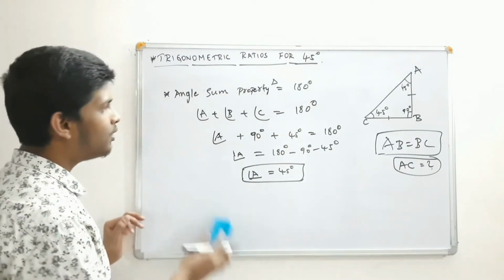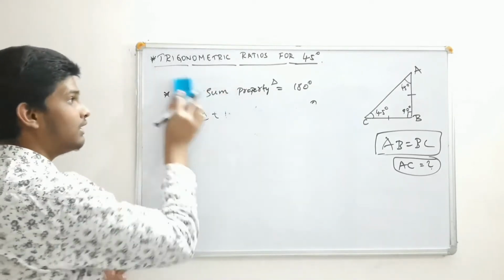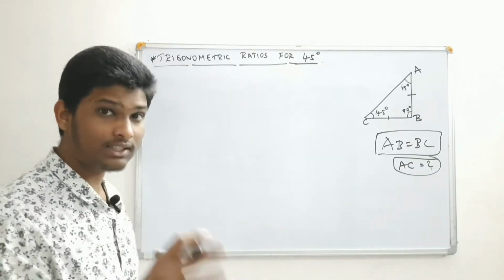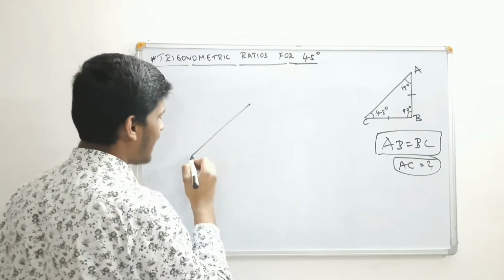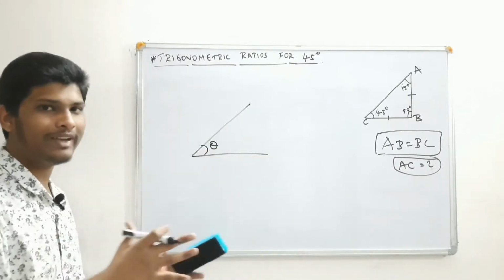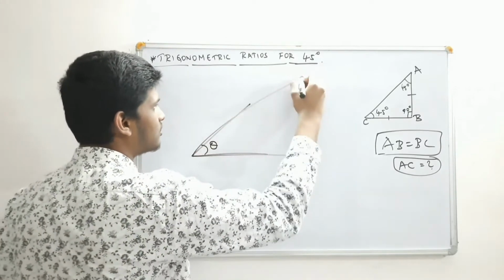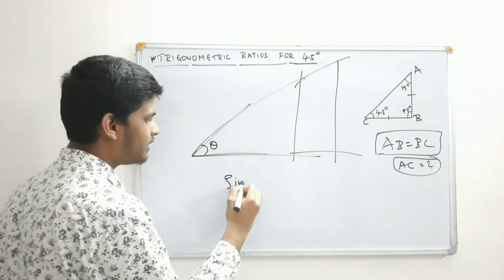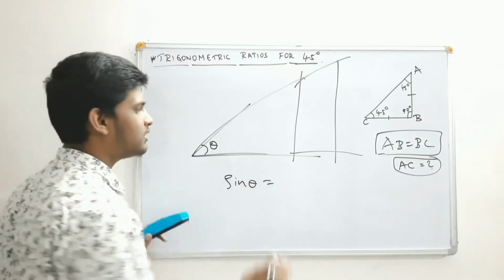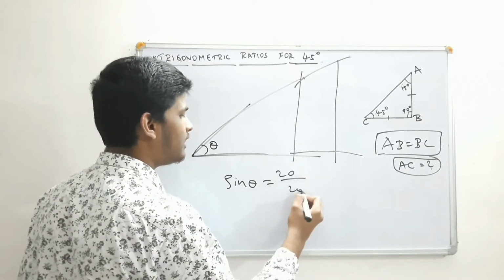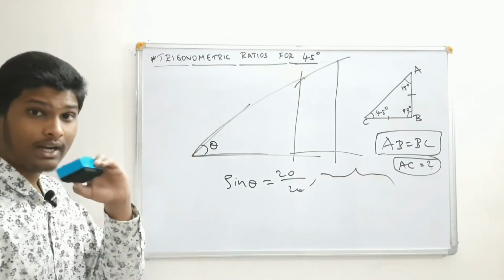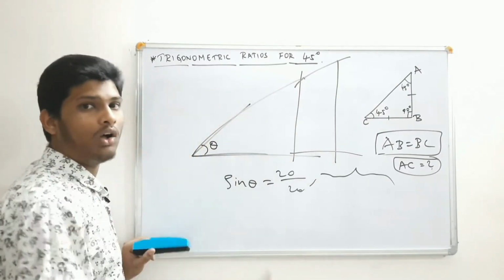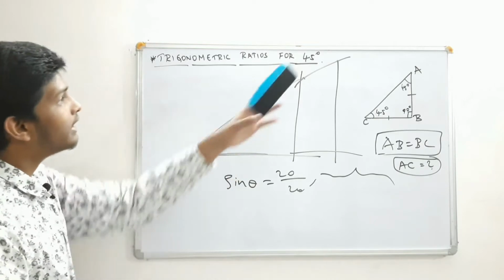Okay, so now we should find trigonometric ratios for 45 degrees, and before that we'll assume some variables. As I said in previous classes, if this angle is something fixed and you increase this length by any amount, the ratio will be the same. That means sine theta, for any length, whether 20 degrees or 30 degrees or something, the ratio of the opposite side divided by the hypotenuse will be the same all the time for a specific angle theta.